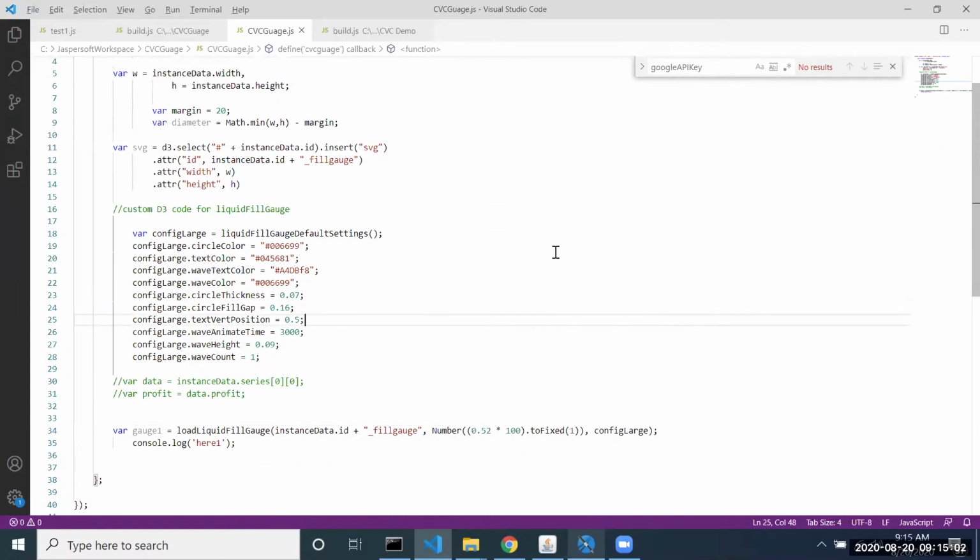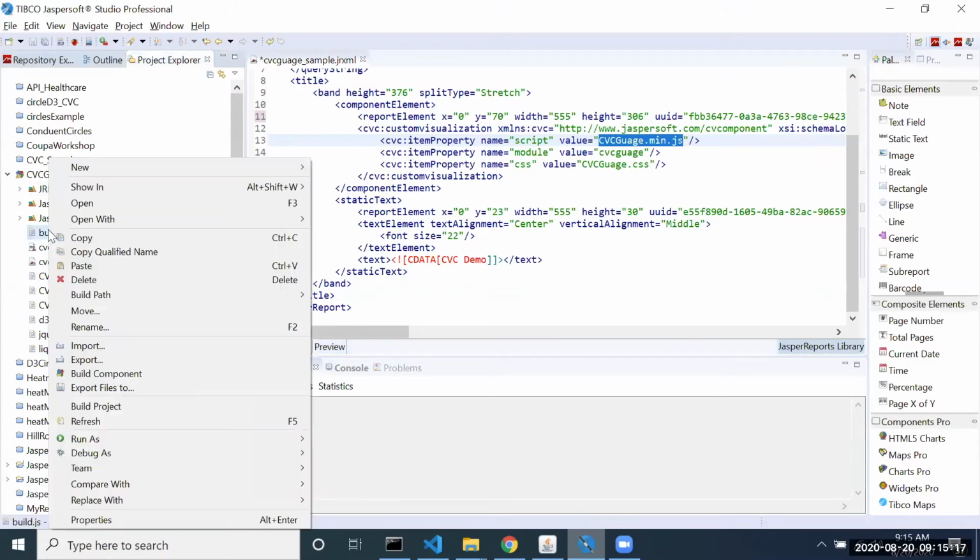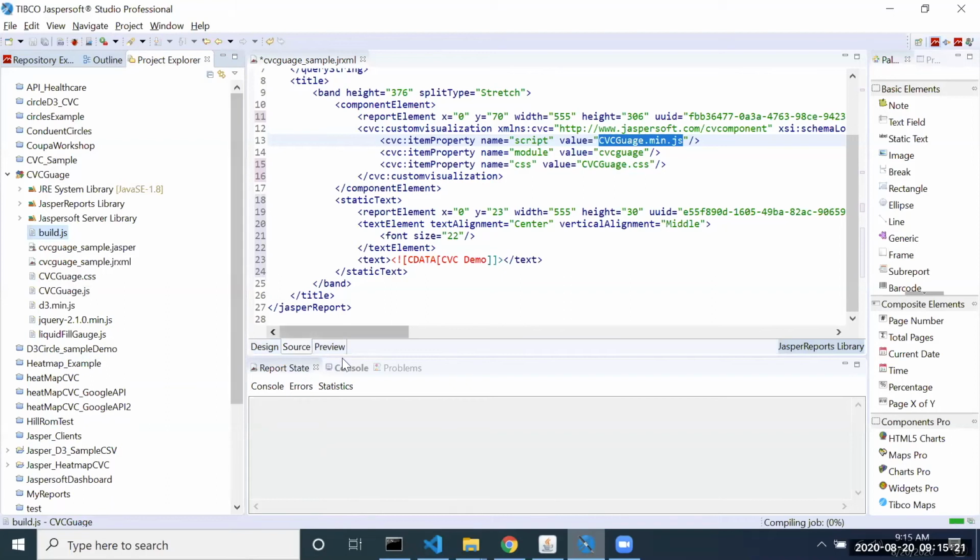All right, so just modifying this file will not do. The most important thing for us is to go ahead and build the component. So it'll create a new version of the min.js. So let me go ahead and click on build.js, right click and click on build component. So you can go to your console in here,